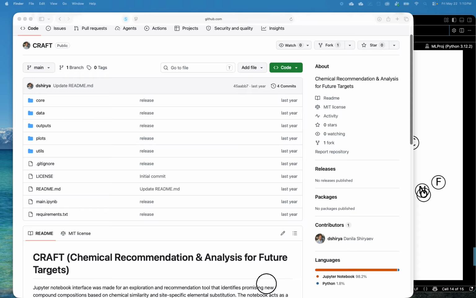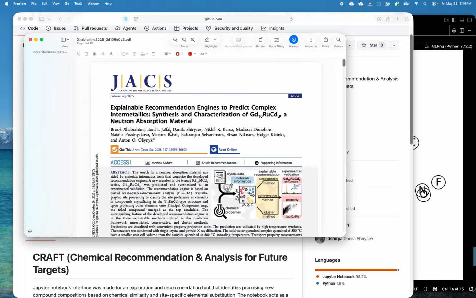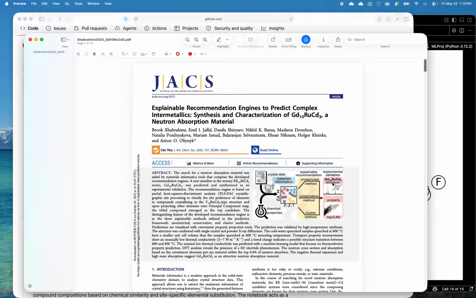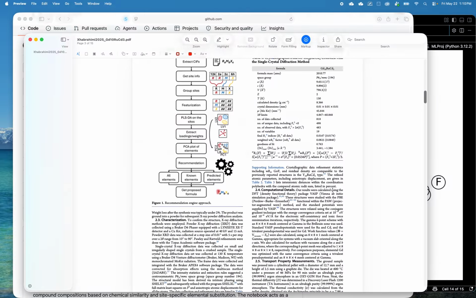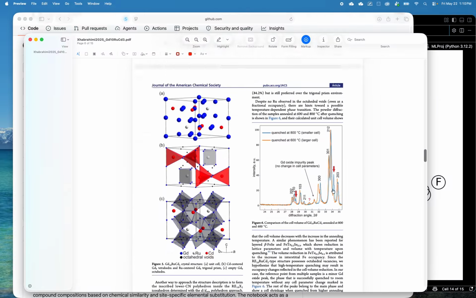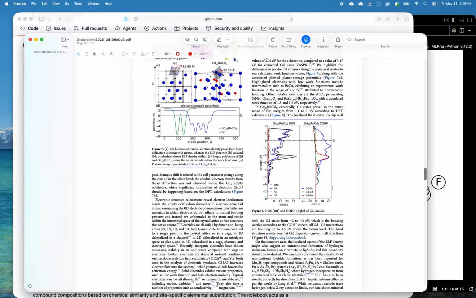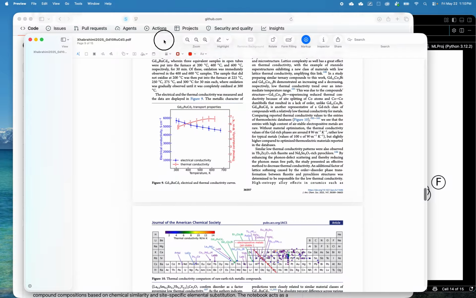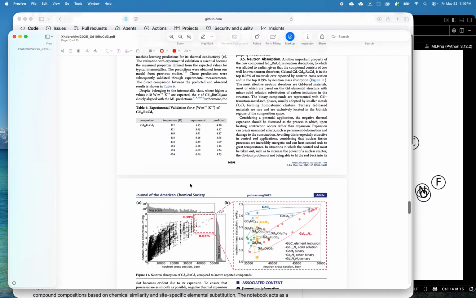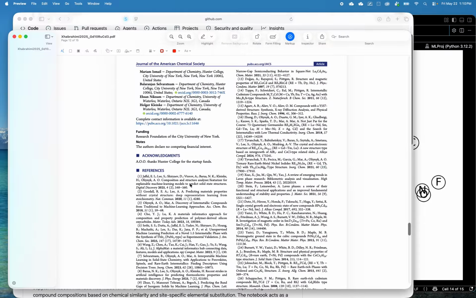So that was Jabrahimi et al. And so we actually made gadolinium 10, ruthenium, cadmium 3 for that particular structure type, and it's since been patented as a possible space shielding material, as well as a